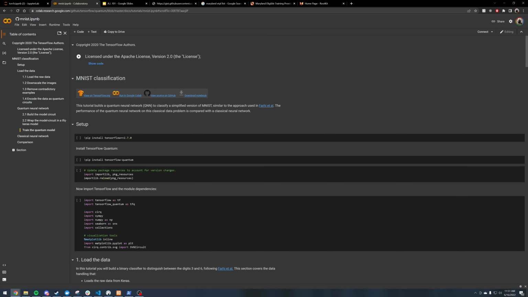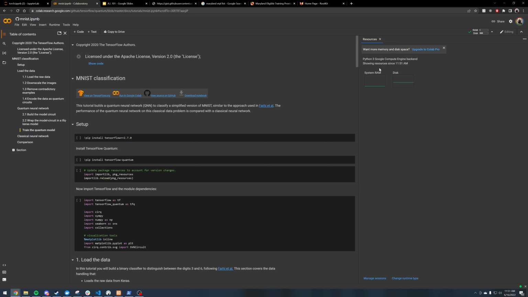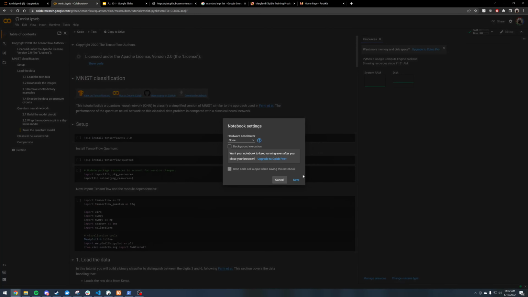So if you have a crappy laptop that can barely run Chrome, let alone machine learning stuff, use Google Colab. Google Colab is run by Google, and it allows you to run code in the cloud using GPU and TPU architecture that they have. So if I connect this up, you'll see that I have access to resources on Google right now. You can upgrade to a pro session if you want, but let me see, so a hardware accelerator, I can use a GPU or a TPU system.